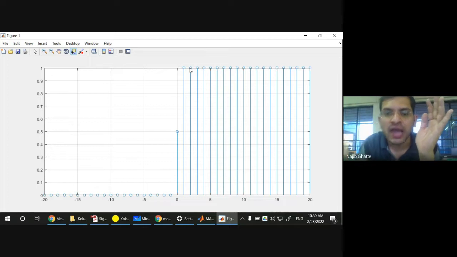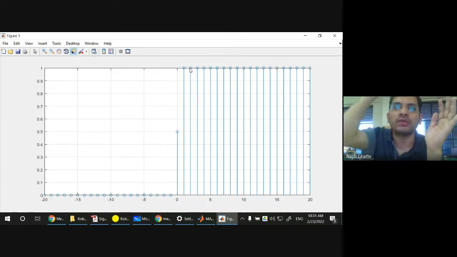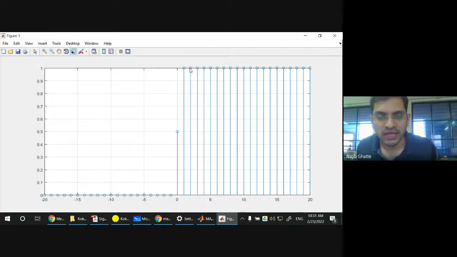As a presumption, I take at n equal to 0 the value to be 1. Is it clear to you, sir? Why is Gibbs phenomenon not applicable? This could be a viva question. Why do you say at n equal to 0 the value is 1, and when you take a continuous time signal you say the value at t equal to 0 is 0.5? T equal to 0 in continuous time gives the ambiguity, because that is the only point of discontinuity. In order to solve that only point of discontinuity, you apply Gibbs phenomenon. But in discrete time, discontinuity is everywhere, because discretization means you are introducing discontinuity right from scratch. Is it clear to you, sir? Any question at this point?